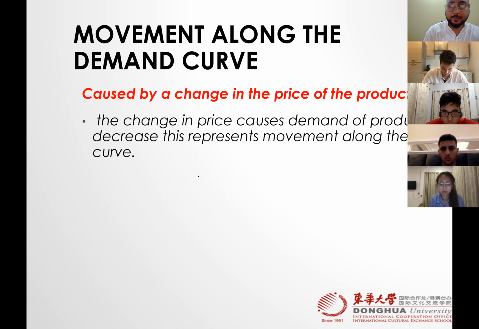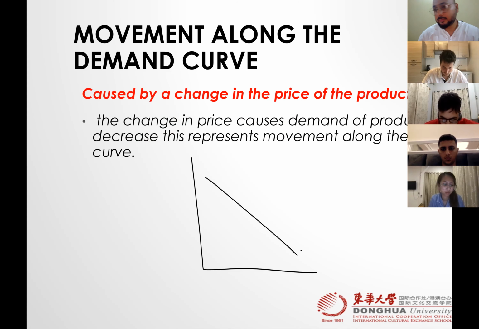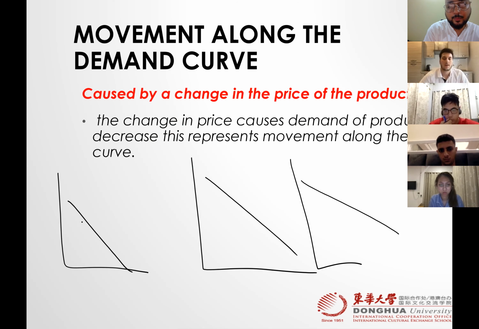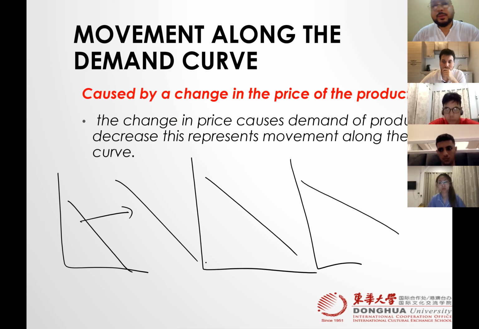So we know that demand is downward sloping, right? So the question arises, does it always stay the same or does it change shape? Does it become like this, or do we have to make another demand curve, right? The change in the demand curve is basically caused by two